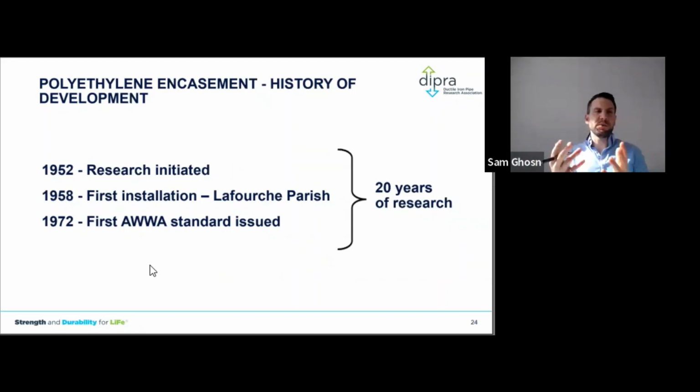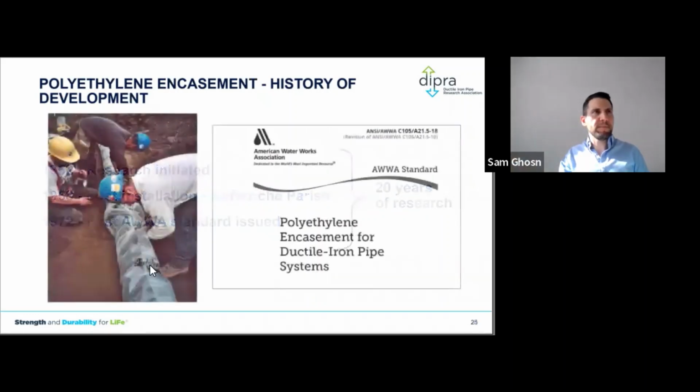Some municipalities put anodes on them back in the day, or came back and put anodes on those pipes when they realized, oh, we need to take care of corrosion. But it took about 20 or 30 years for many utilities to understand corrosion control. And that's why if you're dealing with problematic iron pipes, you're probably dealing with those pipes that were installed between the 1960s and 1980s. Today, it is a different ballgame that we play. So that's why it is standardized.